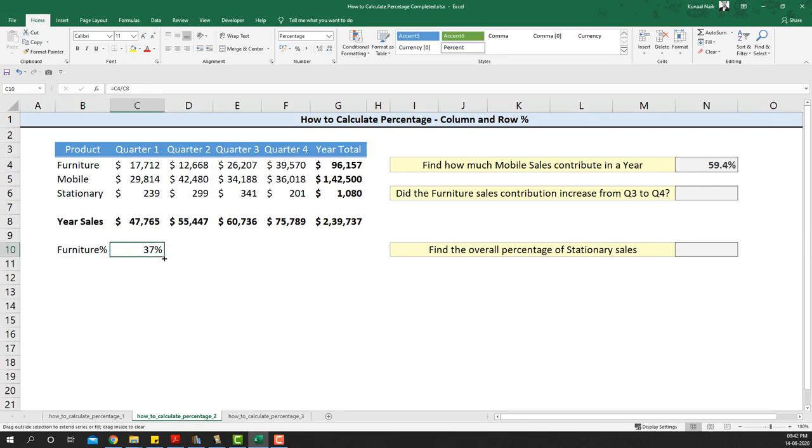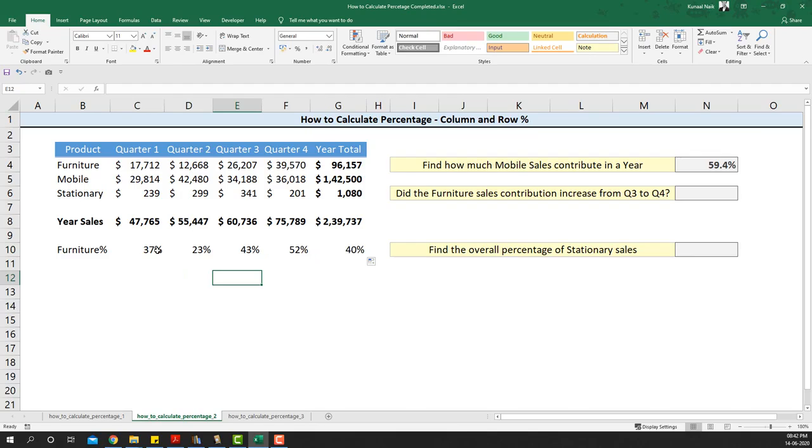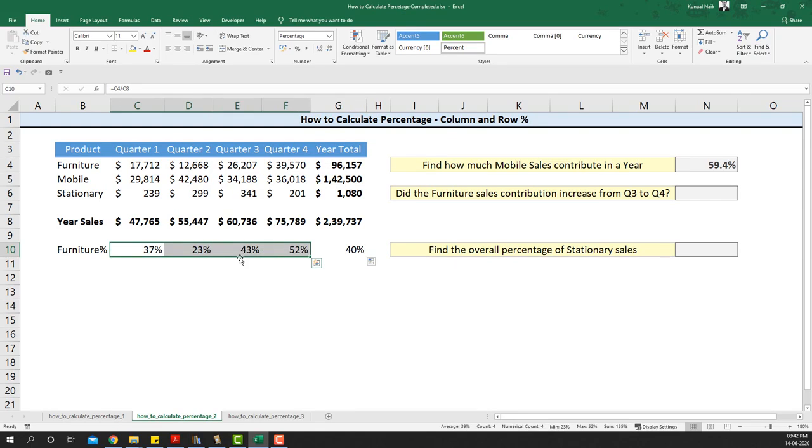Then if I extend the formula towards the end, I see the contribution of furniture increase or decrease quarter-wise. Overall, the contribution of furniture is 40%, but quarter-wise it's not telling the same story. So did the furniture sales increase from Q3 to Q4?